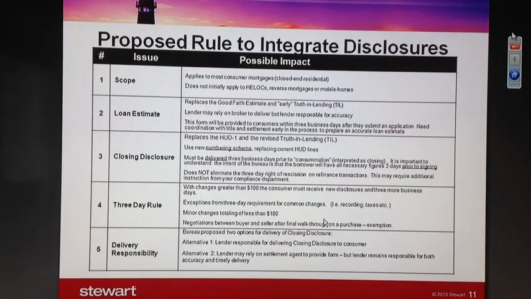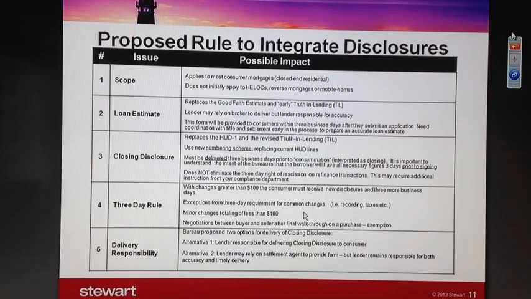I think that when we talk about item 3 here, as it relates to the fact that the document has to be delivered 3 days prior to closing, that's where the matching, I think, is really going to become an issue. And so when you talk about short sales, the implications for short sales are that if you run over due to the 3 days, that is going to be an issue. And so let's talk about that a little bit more.